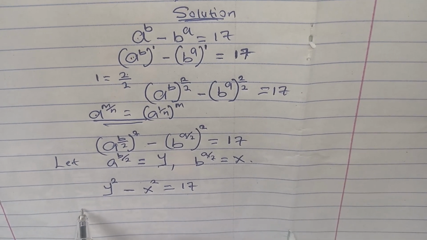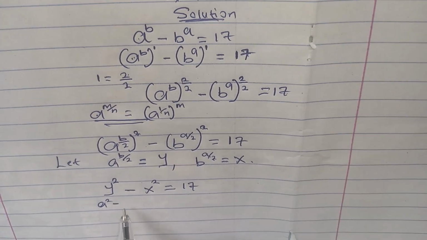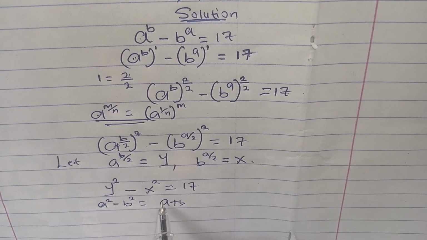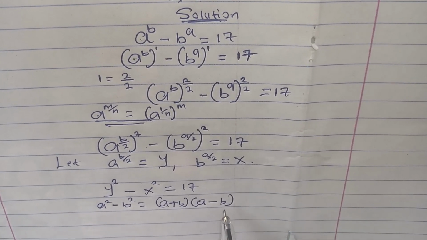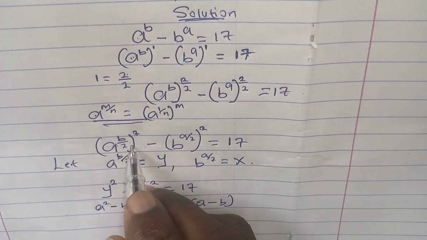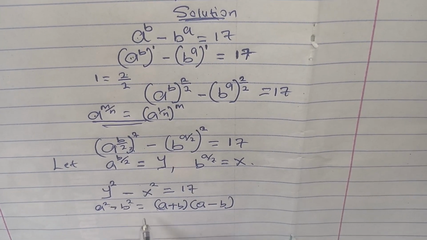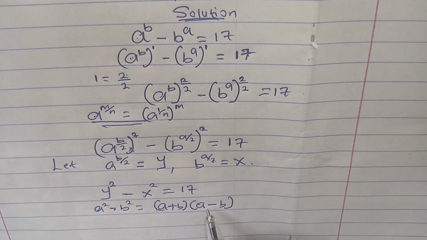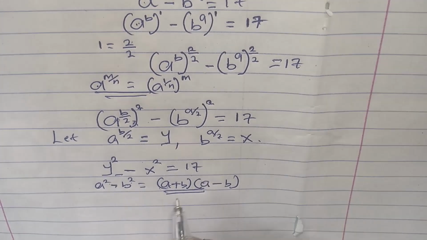So recall a squared minus b squared is equal to (a plus b) times (a minus b). Sorry, I'm using some identity similar to this, but don't confuse this for this. So we are having a squared minus b squared is also equal to (a plus b) times (a minus b). So if you obey this principle here, we simply have this to be